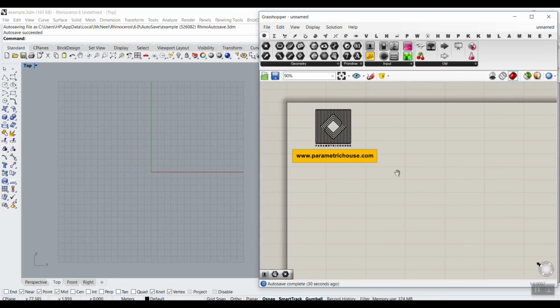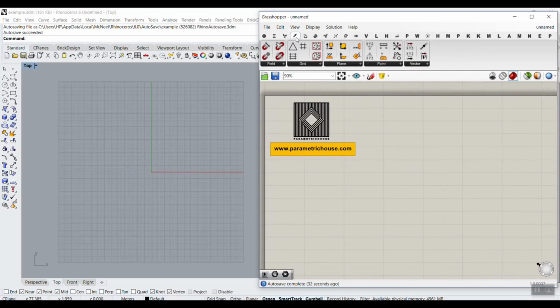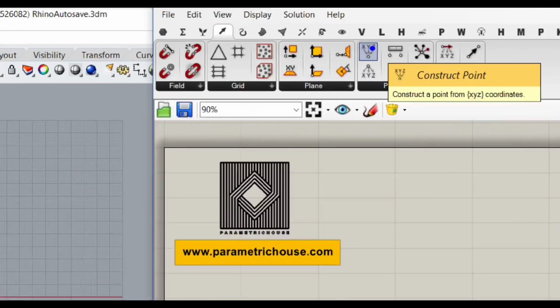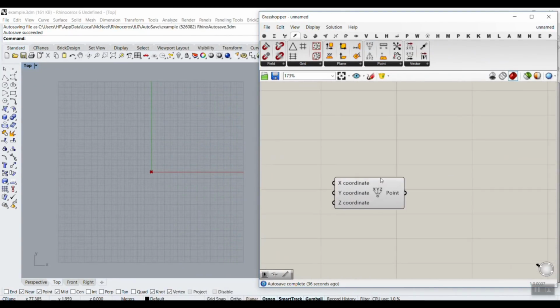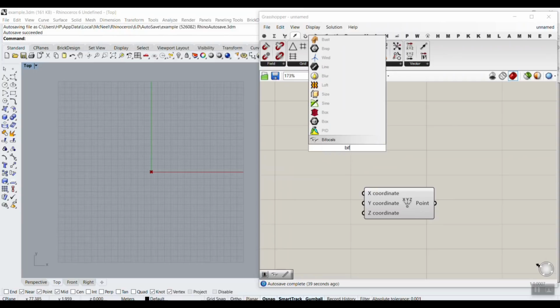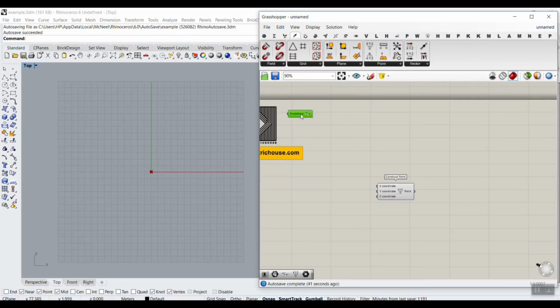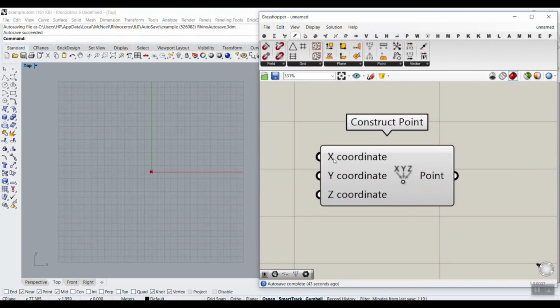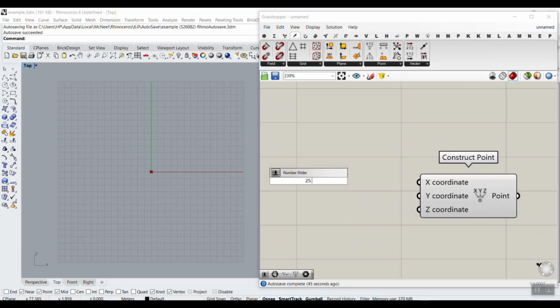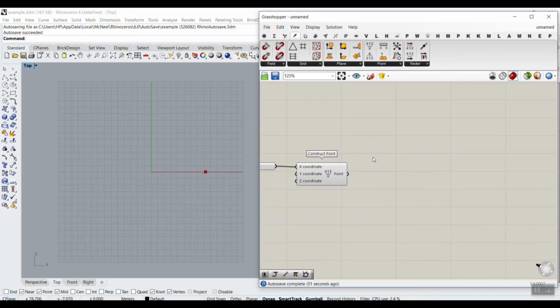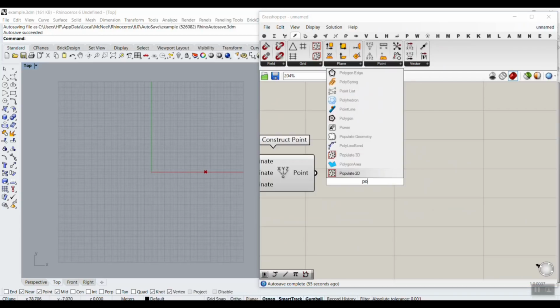So that is going to be easy, and what I'm going to do is to go to the vector and use this construct point tool. Let's just put the bifocals plugin so you can see what I'm doing, and I'm going to give this an x coordinate, so let's just type a number here, give this to the x, and we can increase or decrease that. Okay, then I'm going to make a polar array of this point, so let's just type polar